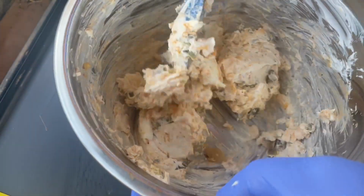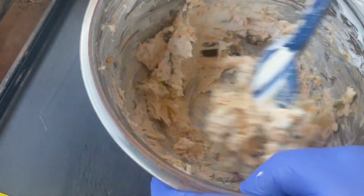Let's go ahead and get our mixture prepared for our pig shots, and what it's going to consist of is 1 whole brick of cream cheese. Make sure it's softened. Leave it out at room temp for a couple hours before you do this. It's going to make mixing so much easier. 1/4 cup of shredded cheese, 1/4 cup of diced, I like pickled jalapenos. I just like that tang from the pickling that it adds to it, and then a tablespoon of your favorite rub. We're going to be using Uncle Steve's Gator Shake,